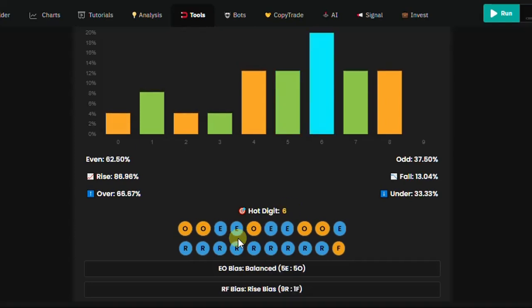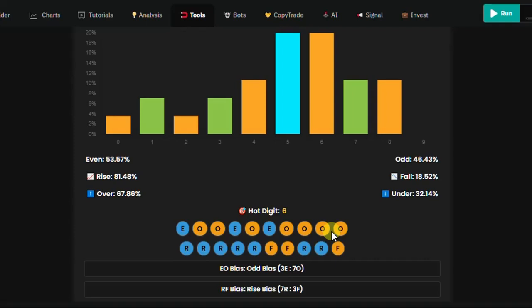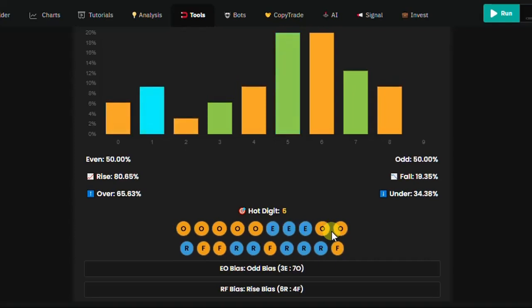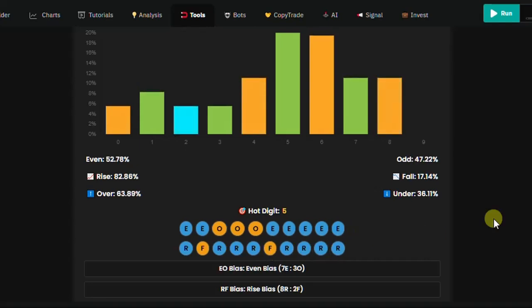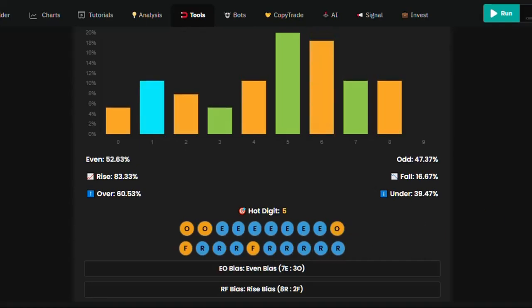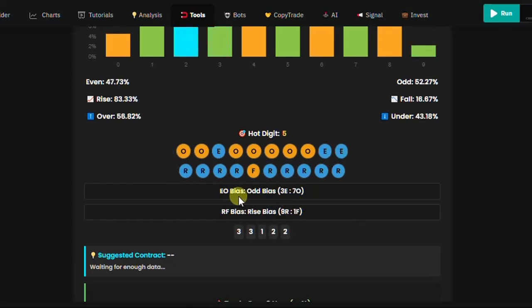Okay, and then of course now here you can see the even and odd as they come, and this is very good for you or important when it comes to entry for both even, odd, or rise and fall. Okay, and then just below here you can see what we added. You can see EO, that is even odd bias, and right now you can see it's saying odd bias, meaning